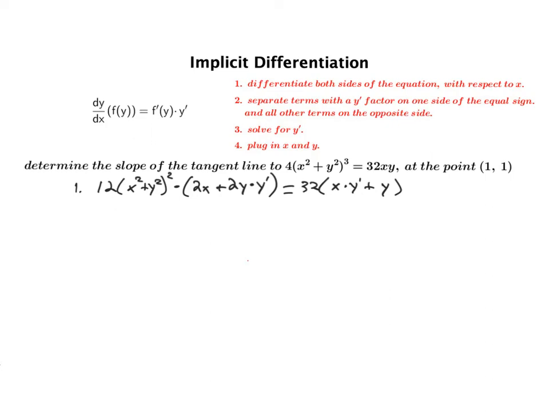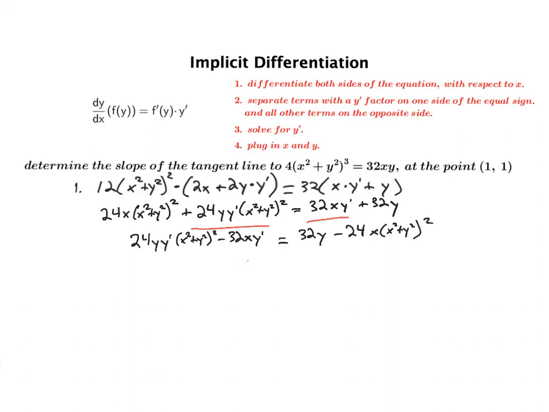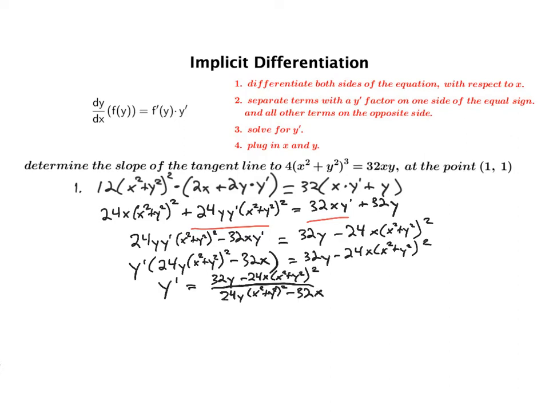Now let's carefully expand our equation. There we go. And we want to identify the terms that have a y prime factor in them and organize our equation so that those are grouped on a single side of the equation. Then we will factor out a y prime from each term on the left side and then solve for y prime. So that's our dy dx, or y prime,